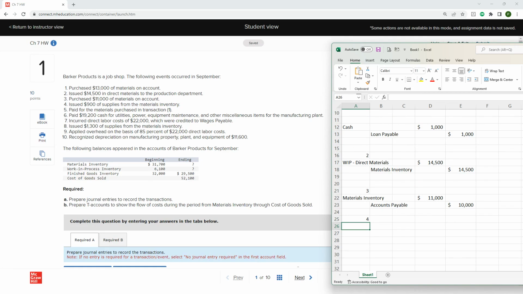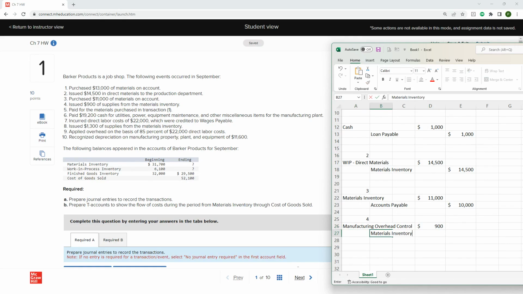Supplies is generally going to be an overhead expense, so we're going to use one of our new overhead accounts. For number 4, it says that we issued $900 of supplies. Remember that our manufacturing overhead control account is going to have actual numbers, not estimated and applied numbers. So we're going to debit manufacturing overhead control by $900, and we're going to take out $900 from materials inventory,